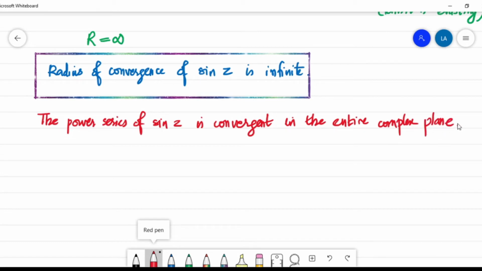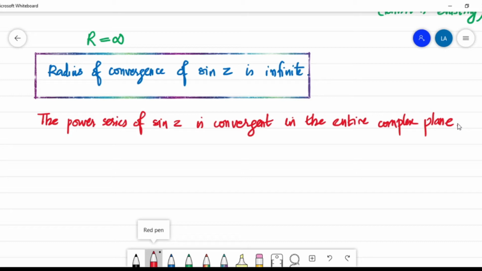That is an important conclusion we are getting about sine Z and cos Z, and know that both of the power series sine Z, cos Z,